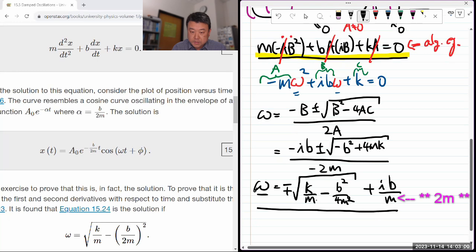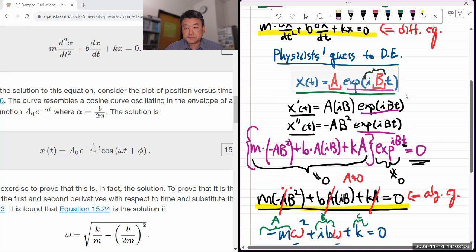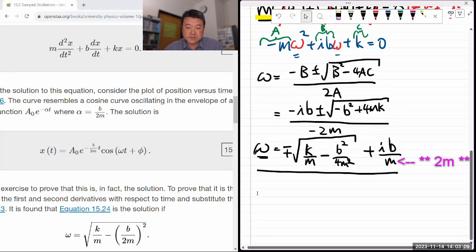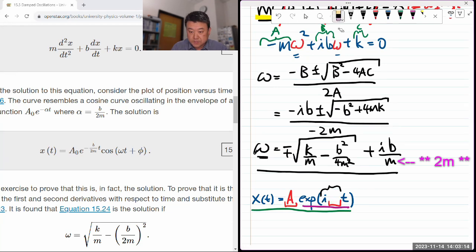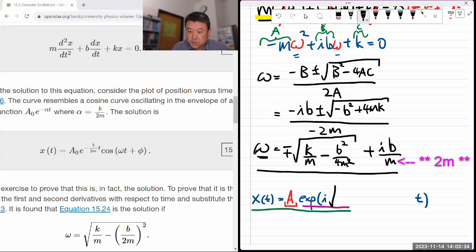So referring this omega back to where it came from, it comes from here. Omega is replacing b. So I can do that replacement here. So that b becomes what that omega was. Let me move this out to the right. So that whole complicated expression now falls into here. Square root of, minus plus. Yeah, it's fine. It could be either, it's a matter of phase factor. k over m minus b squared over 4m squared